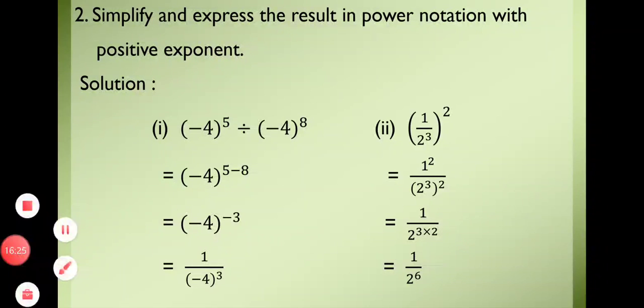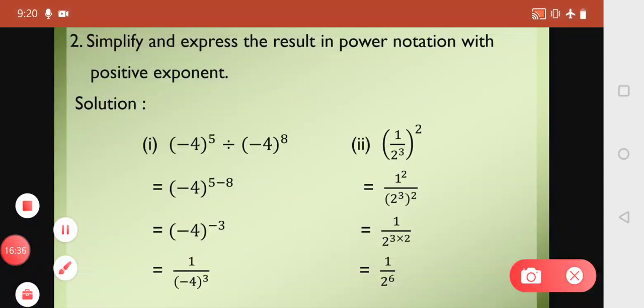minus 4 raised to 5 divided by minus 4 raised to 8. In division, powers are subtracted according to the law of exponents. So we will write directly minus 4 raised to 5 minus 8, because we have learned a raised to m divided by a raised to n is equal to a raised to m minus n. See, that same law we